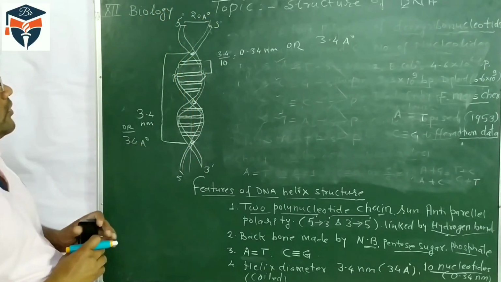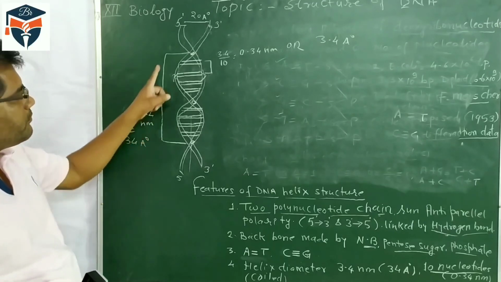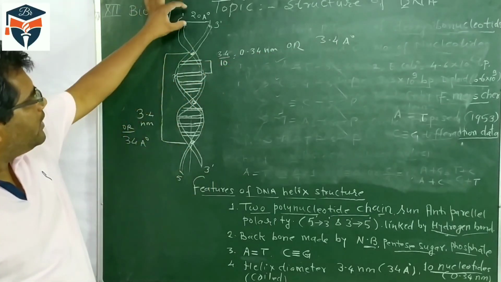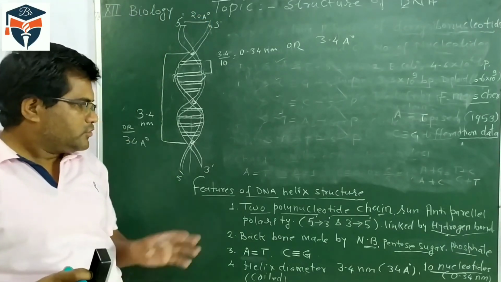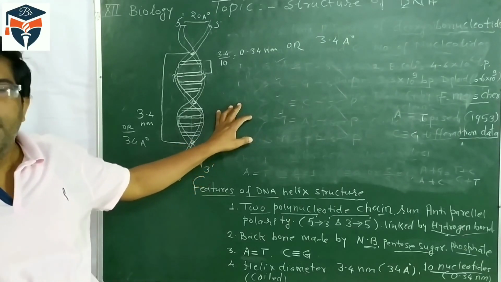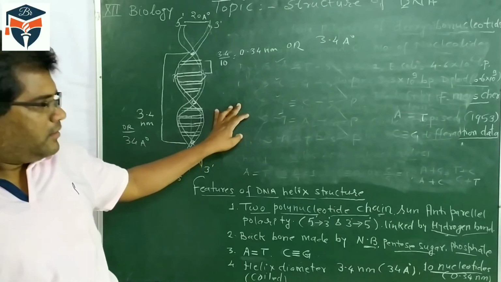In angstrom, the helix will be 34 angstrom, the distance between two nucleotides 3.4 angstrom, and between two strands it is 20 angstrom. So it is all about the double helical structure of the DNA molecule proposed by Watson and